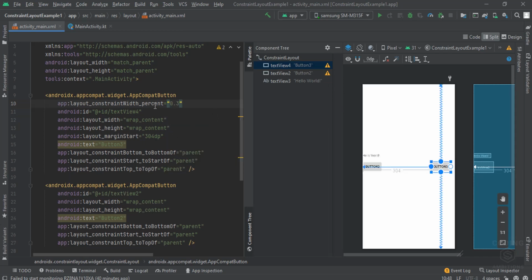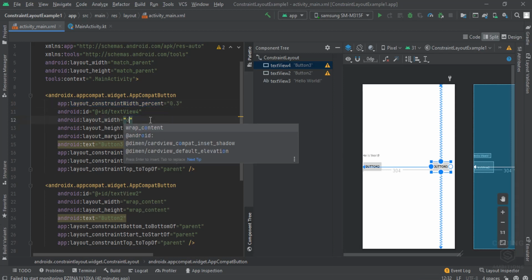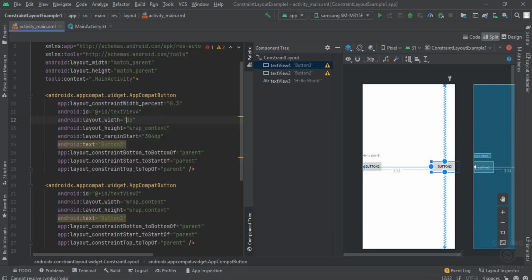For width percent to work, we need to set 0 dp width, that is match constraint. 0 dp means match constraint width. So now this is 30%.